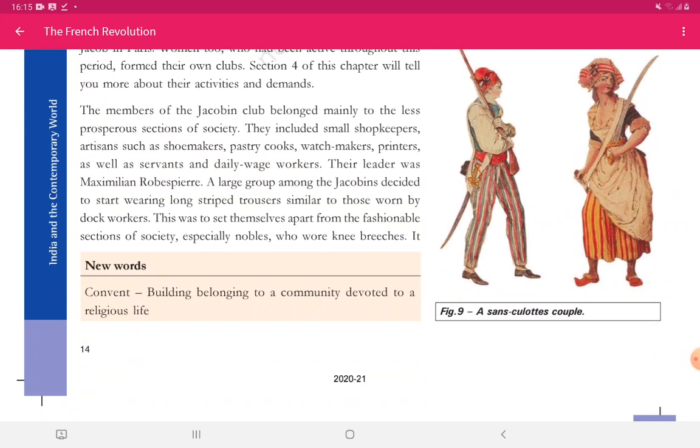among the Jacobins decided to start wearing long striped trousers, similar to those worn by dock workers. And why did they decide to do this? This was to set themselves apart from the fashionable section of society, the nobles, who wore knee breeches. Nobles belonged to the second estate. To differentiate themselves, they started wearing full-length striped trousers,